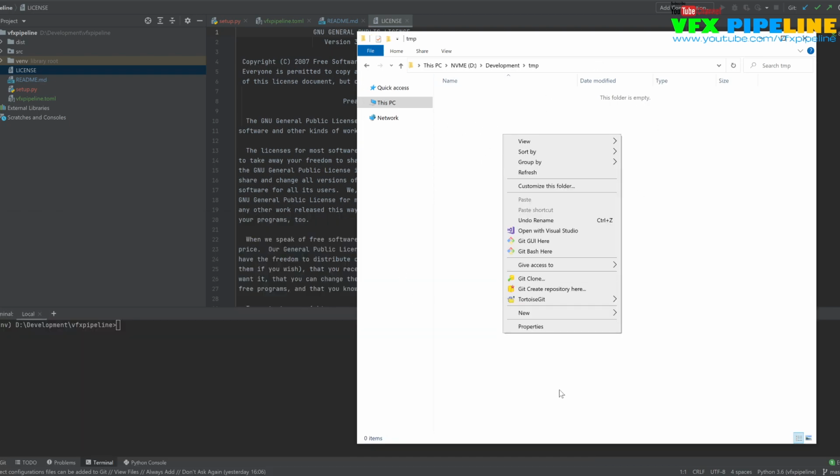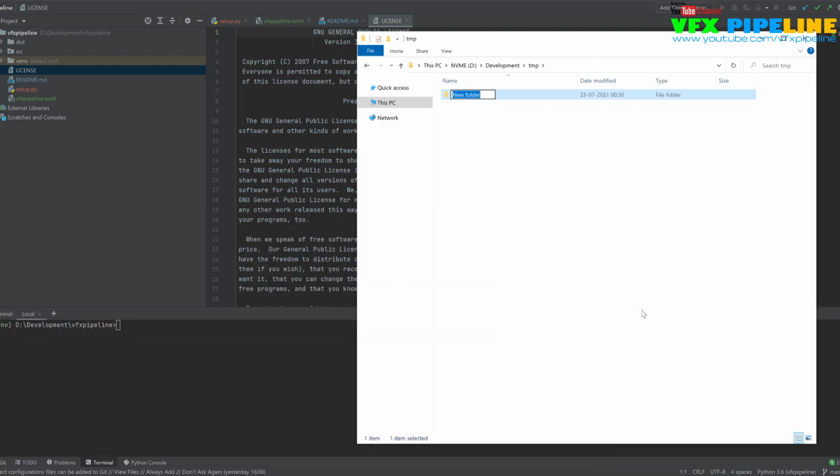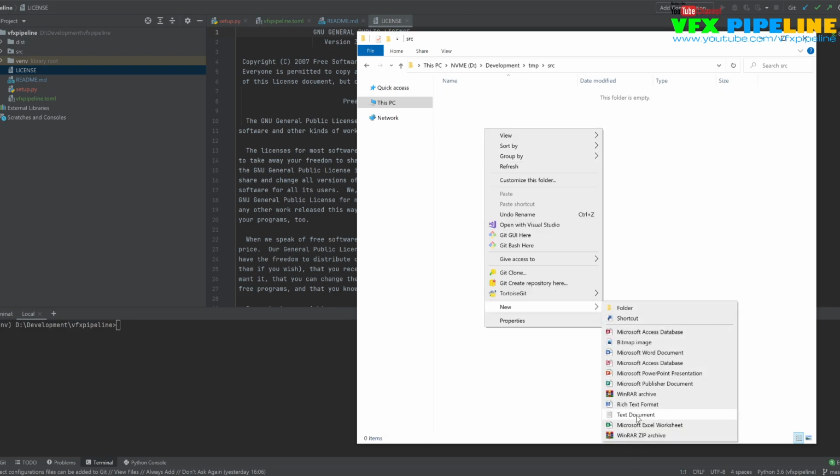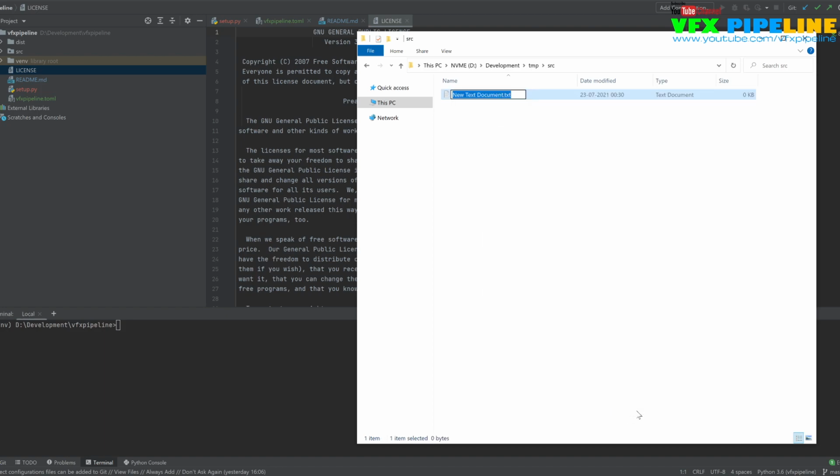In any folder you can be, create a folder called src, which is where your source will be. All right, and then in the source, let me create a Python file, a text file, and this is my main module, main.py.